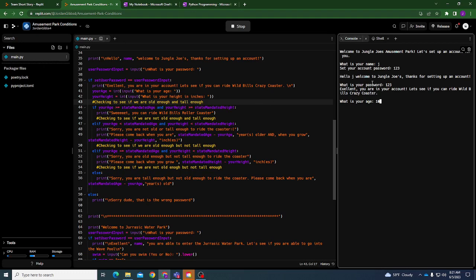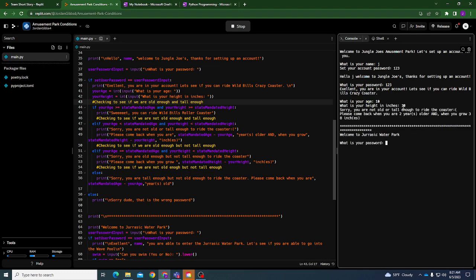But if it's less than, let's say your age is 10, and what is your height in inches? Let's say 10. Sorry, dude, you're not old enough or tall enough to ride the coaster. Please come back when you are 2 years older and when you grow 38 inches. So it even gives us the numbers based on the math here.